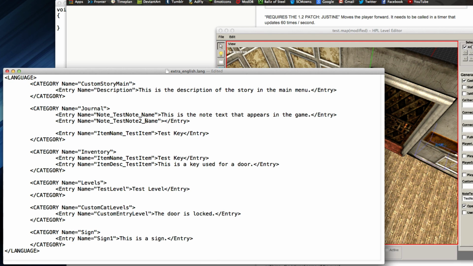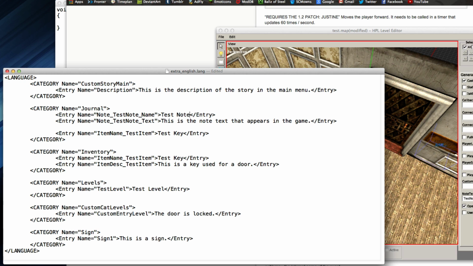One of them has to be name, the other one has to be text, and the name has to be the same for both. It's very similar to the item, where the item has a name and a description. The note has a name and a description, and this is actually the description I wanted for the note, so I'm just going to cut that out and paste it in the other one and put in the name. This is going to be test note with the space.